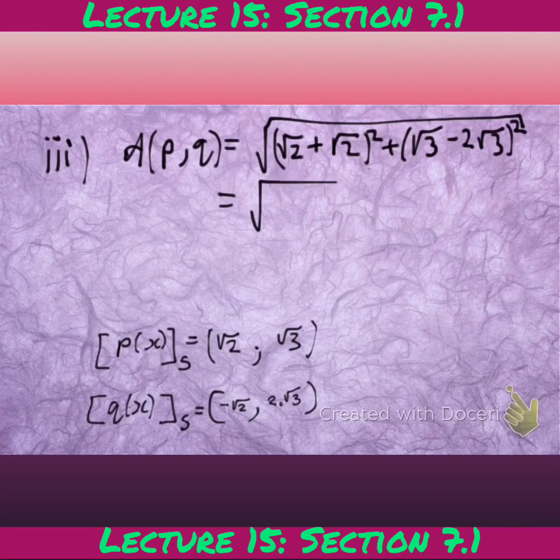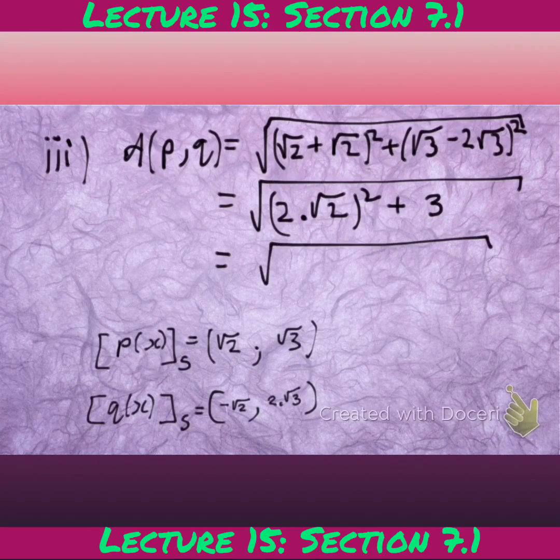And that's going to be 2 times the square root of 2 squared plus, that's minus square root of 3, which is 3, and that's going to be the square root of